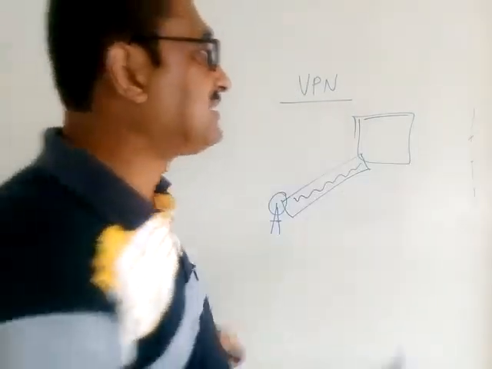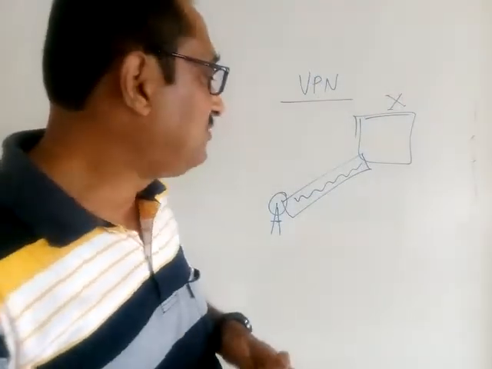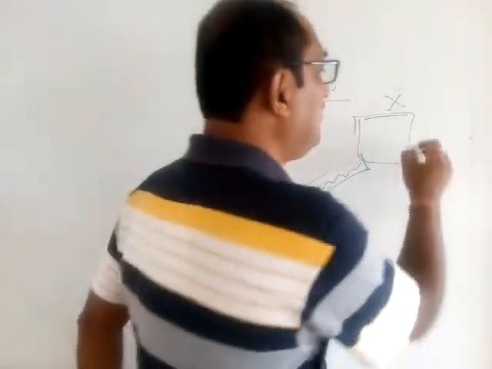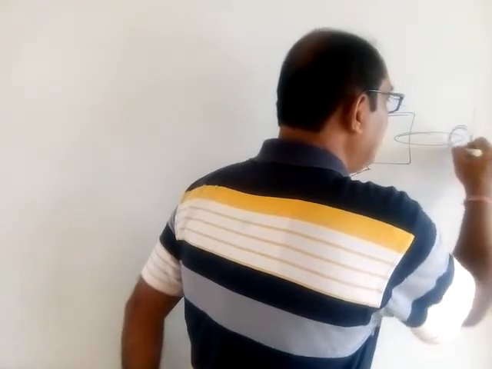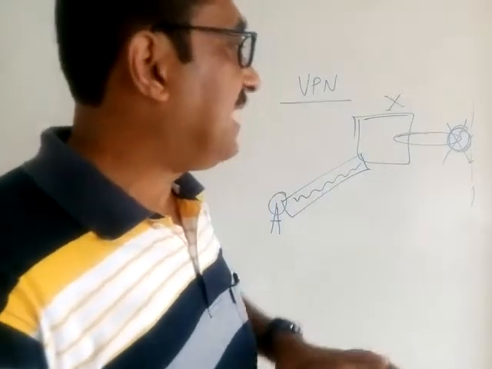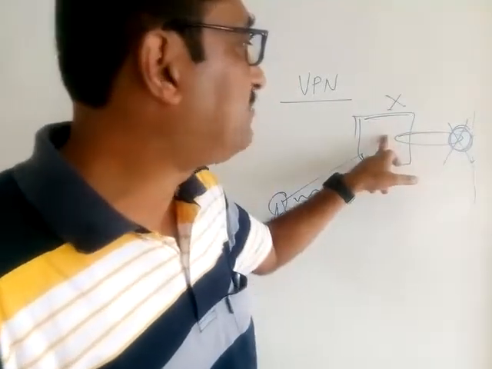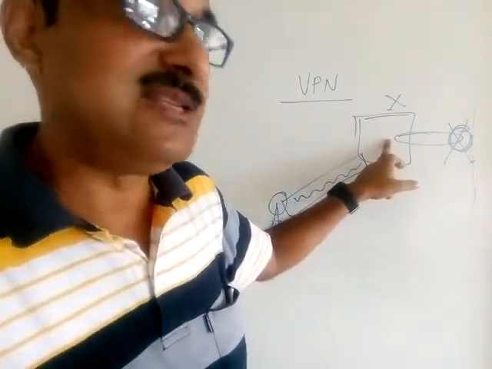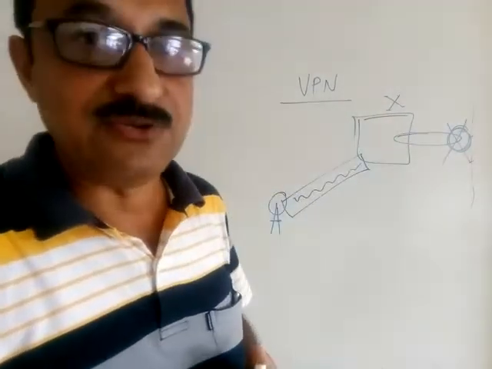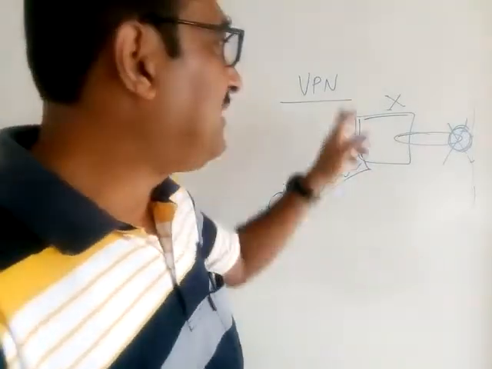Supposing X is a VPN service provider. I just have to connect to X. Then X will make a tunnel to fetch a particular website which is not allowed by the Indian government. The Indian government is not able to figure out which website this VPN service organization helped me connect to. That is how I can hide myself. In fact, by using this VPN service,